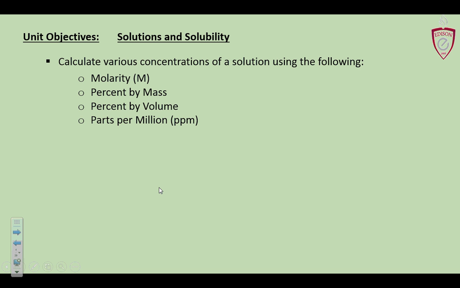So there's a new way to measure concentration. It's in this unit called molarity. That's going to be the big one. And percent mass and volume we're going to skip mostly because it's part divided by whole times 100. We've been doing it since day one, figuring out our test scores. Seriously, it's not that complicated. We're going to touch on it quick. And the parts per million is used for very, very low concentration